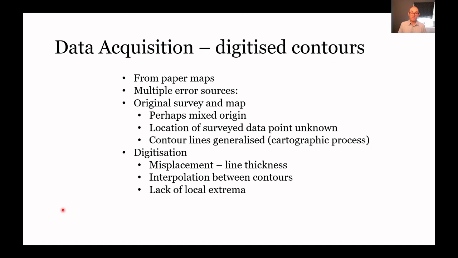Then once we have our lines, in order to create this continuous surface, we need to interpolate between these contours. That in itself is going to introduce new problems. And one of these problems typically is the lack of local extrema, as in high points and low points. The contour lines will go down to a particular level, and unless we actually have a specific elevation point sat within a topographical low point or at a top, we won't know how far the top reaches. Presumably not as far as the next contour line, but how far from it, we don't know. And these local extrema tend only to exist at the highest points within a region. On what scale it will vary depending on the original cartographer, rather than these local small-scale tops or